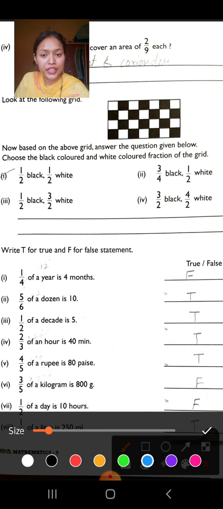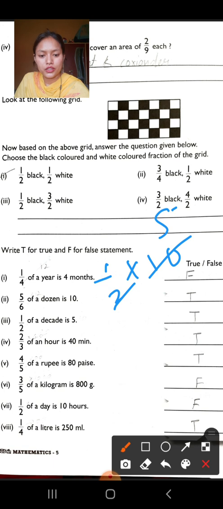Similarly, half of a decade is 5. Decade means 10 years. So half of 10 years is 5. Let's see. 2 ones are 2, 2 fives are 10. Yes, half of 10 years is 5. It is true. Now, the fourth one is